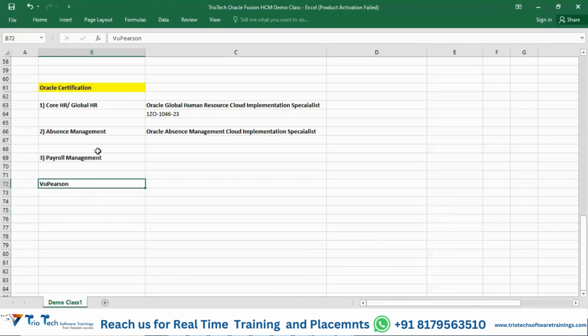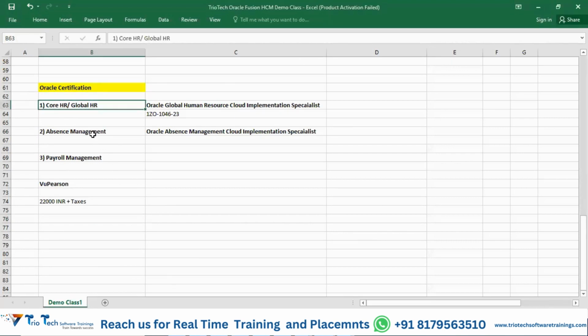So what is the cost for each certification exam? For each module, the cost will be somewhere around 22,000 INR plus applicable taxes. For every module, the cost will be 22,000 plus applicable taxes. And the examination pattern will be choose-the-correct-answer type, multiple options, like a question and the options A, B, C, D. That is the pattern you will have for Oracle